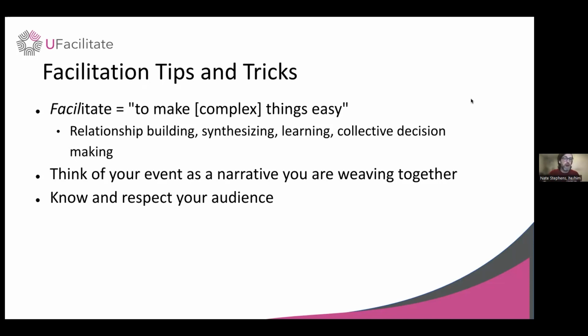Know and respect your audience. I think this one also feels obvious, but is really important, especially for those of us in professional chairs working with community members, and I put quotation marks because we're all both of those things in different contexts.